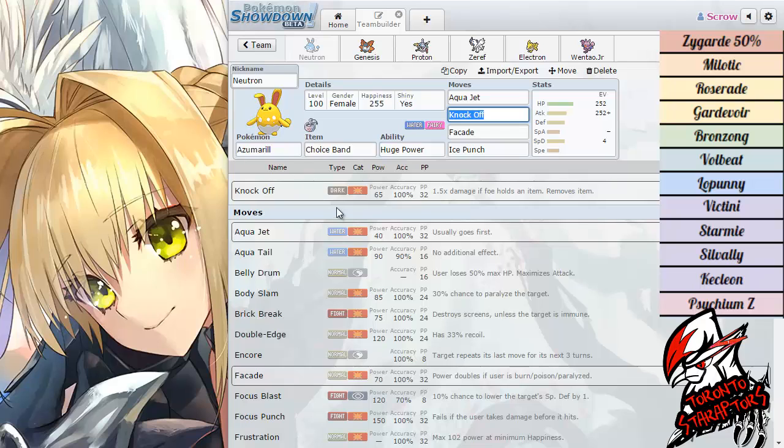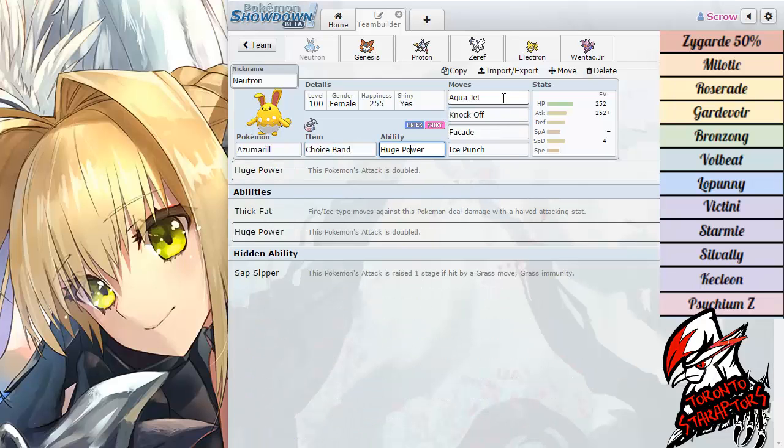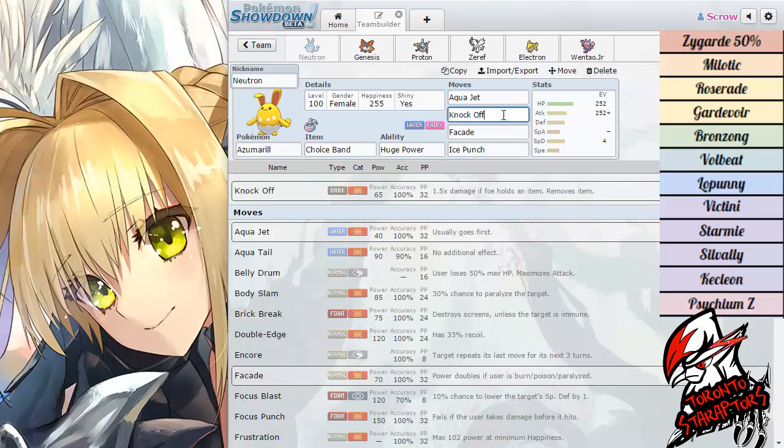So first up, we have the Azumarill, packing the Choice Band and the ability Huge Power, and the movesets are Aqua Jet, Knockoff, Facade, and Ice Punch. I don't really need my dual STAB as a Roserade, which is a Pokemon that Jayem picked up with his free transaction last week, is actually tremendous against my team simply because it resists Azu's dual STAB. That's why I'm not really packing it outside of the priority Aqua Jet, and it's also pretty decent switching into